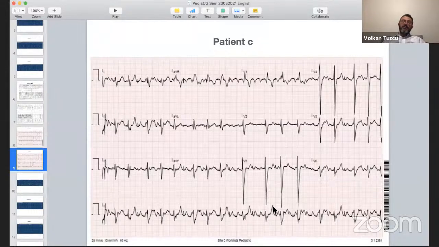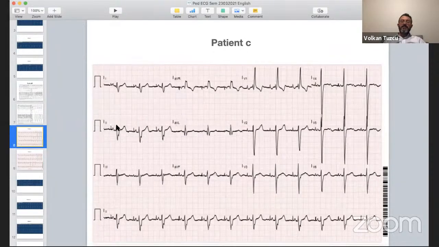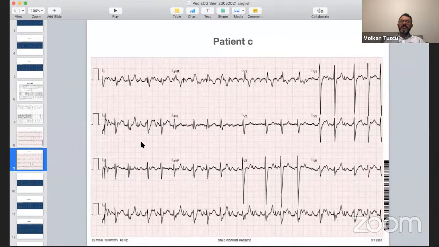Or even dual chamber, you may not actually appreciate the underlying rhythm in the atrium. And it is important because that's sometimes something people can miss. So it's always a good habit to comment about atrial rhythm. For example, when I read ECGs in these patients, I say this patient has a pacemaker, I say ventricular pacing, and I say atrial rhythm is sinus, or atrial rhythm is not obvious, or like flutter in this case. So you have to say something.